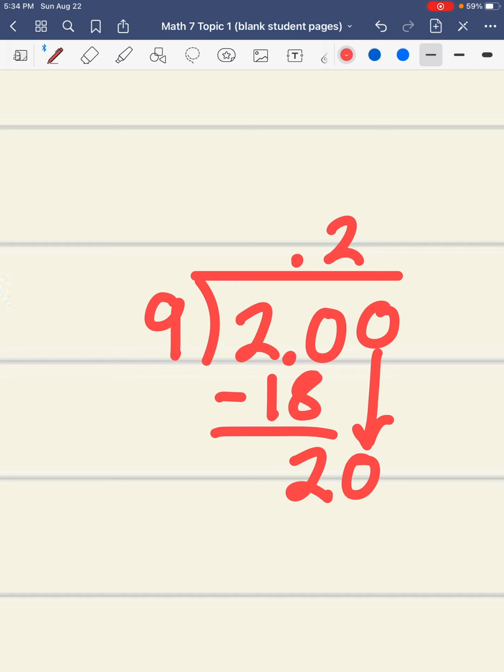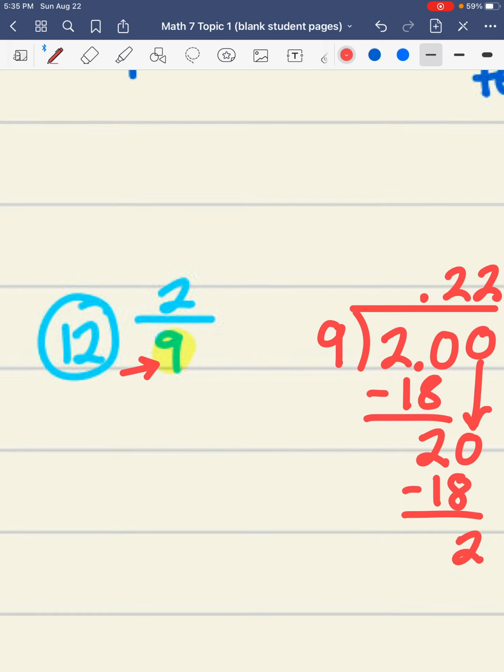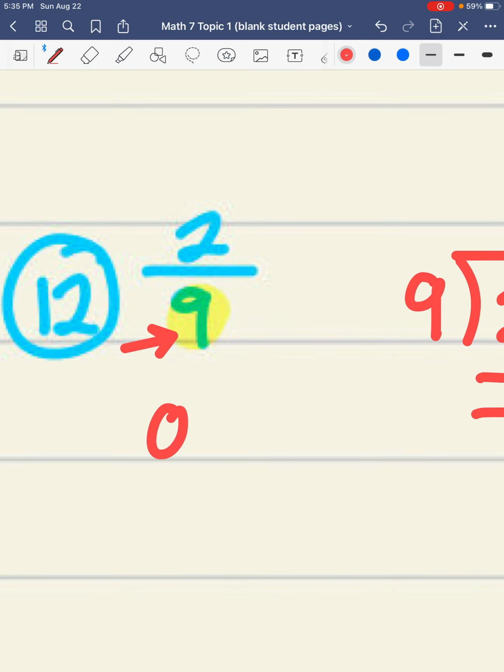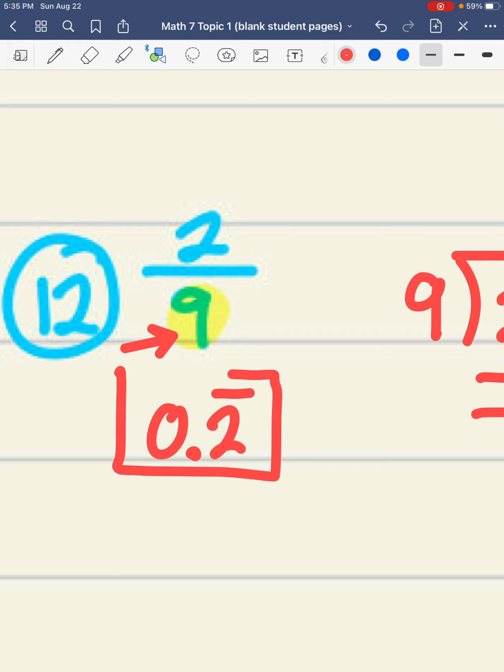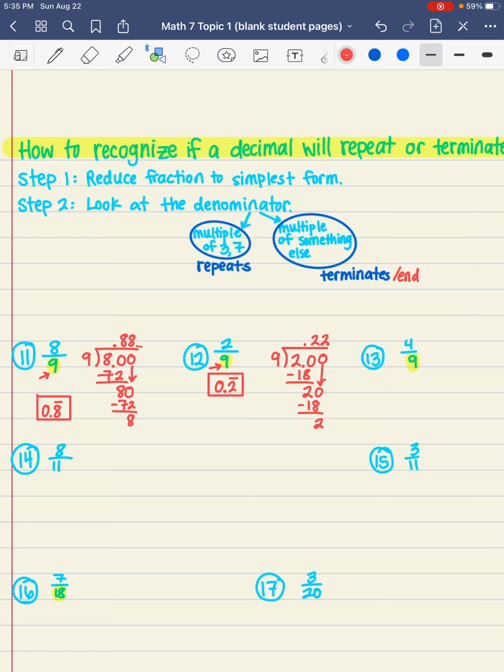Can 9 go into 20? Yes, it can. It can go in twice. 2 times 9 is 18. 20 minus 18 is 2. Do you see the pattern here? That 2 will continue to repeat. So 2/9 is equivalent to 0.2 repeating. Okay, now I do want you to look at 8/9 is equivalent to 0.8 repeating, and 2/9 is equivalent to